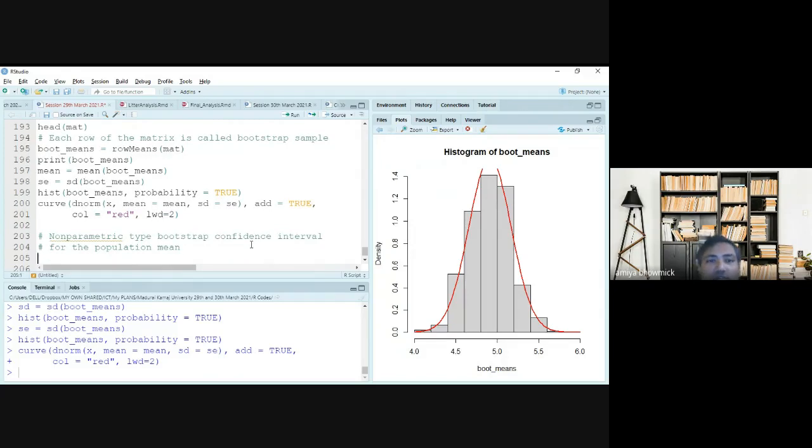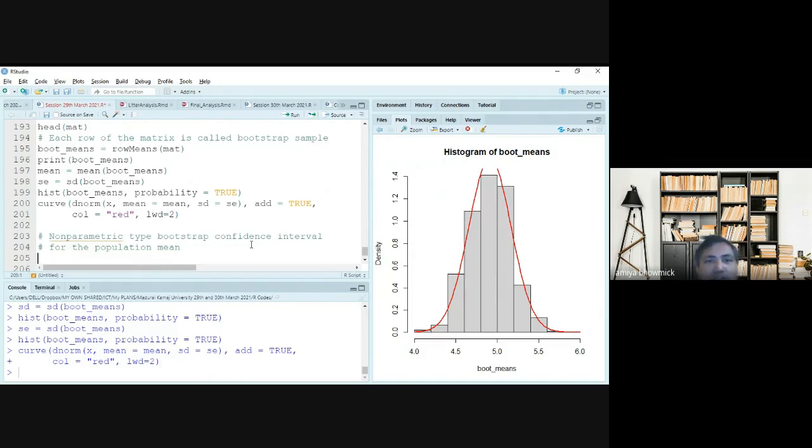We also call it a bootstrap confidence interval for the population mean. And what is going to be the case? Everybody knows about the median, right? In the median, you have the original data, you sort it, and you find the middlemost value. Similarly, in the non-parametric type, you sort this data from smaller to larger values.